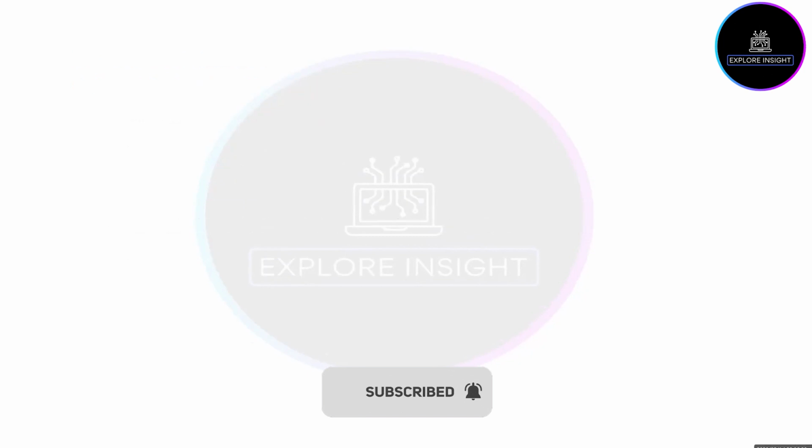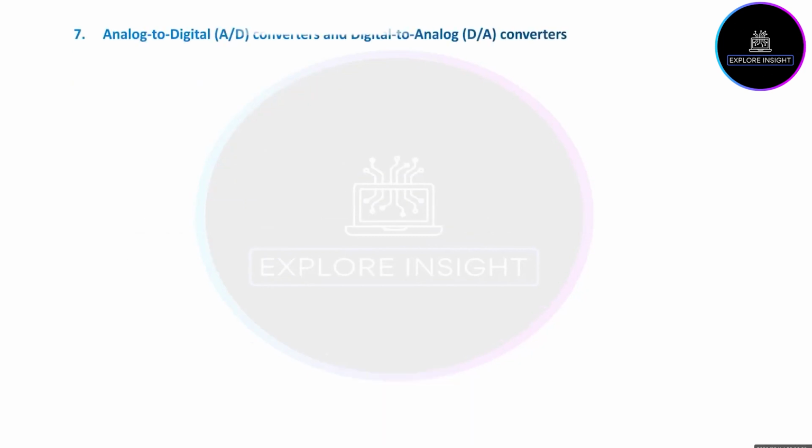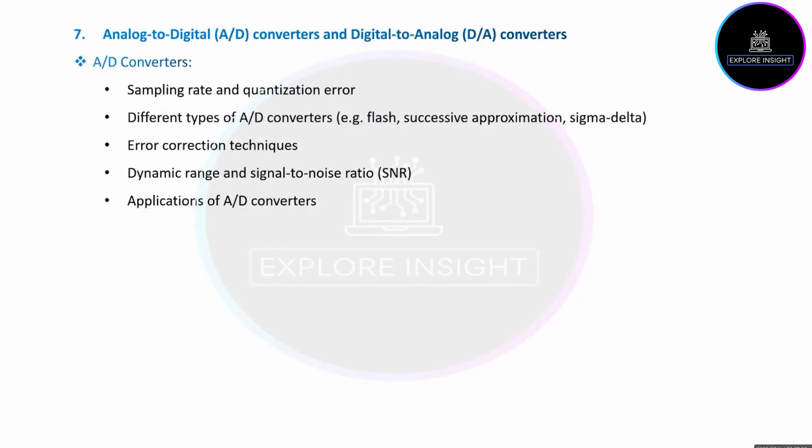flash memory. Now let's move over to what we have on our seventh topic, which is analog to digital converters and digital to analog converters. Now, these are two important components in digital electronics. Looking at the AD converter,